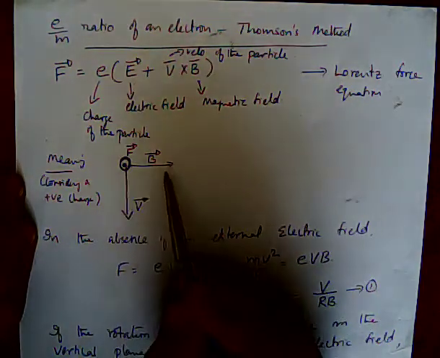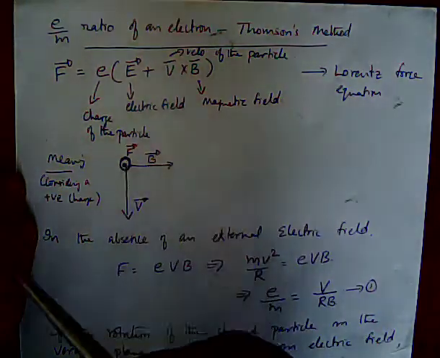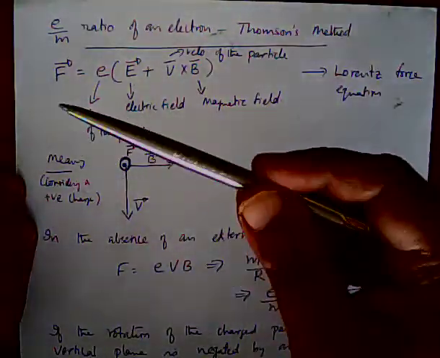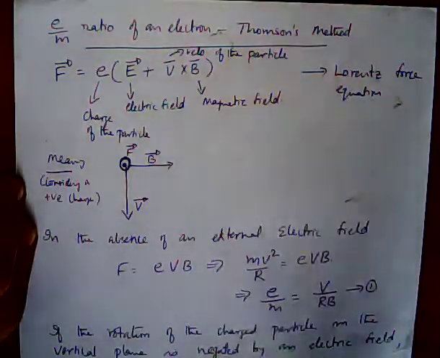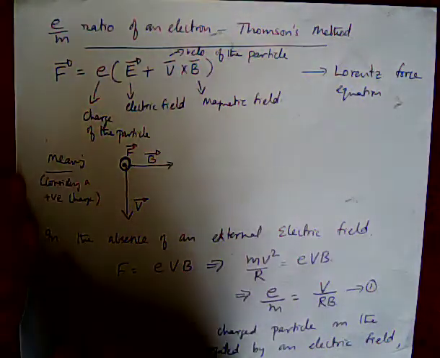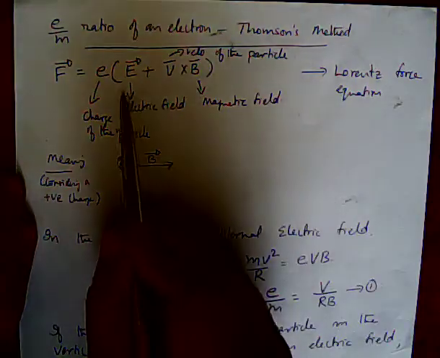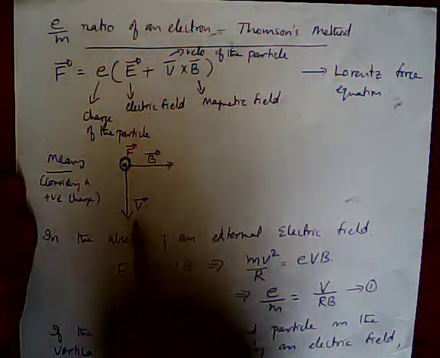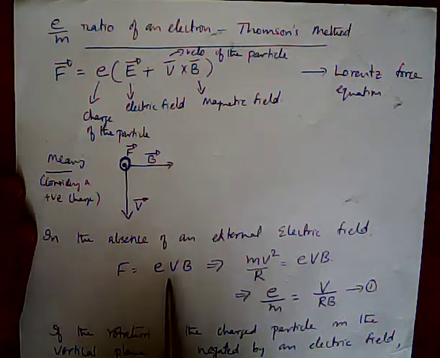There is only a magnetic field present and a positive charge is moving in this direction, and as a result the charged particle is executing a circular motion in the vertical plane. So in the absence of an external electric field, the Lorentz force equation becomes, as shown in this picture, F is equal to e